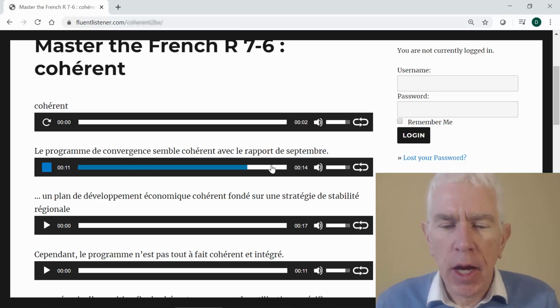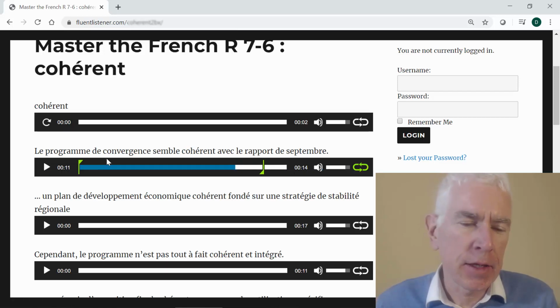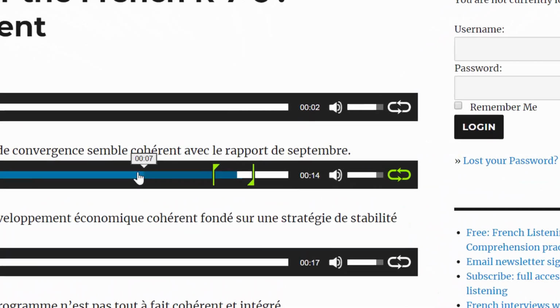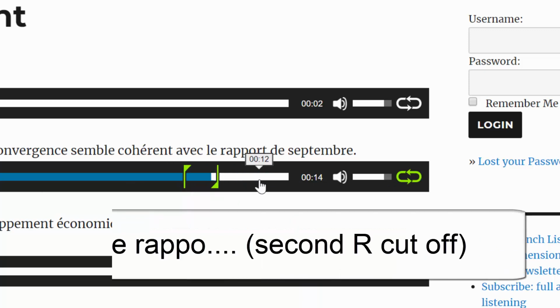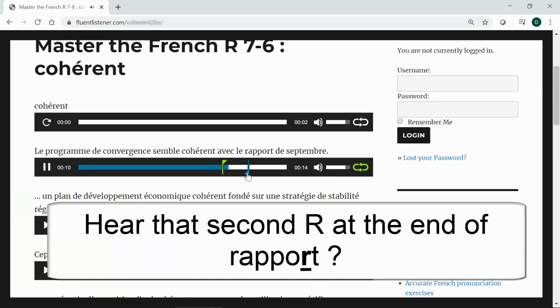I also want you to notice that with the loop tool here, you can focus in on just a tiny bit of sound. Like if we want to hear that scratching in the rapport. Le rapport, le rapport, le rapport, le rapport de